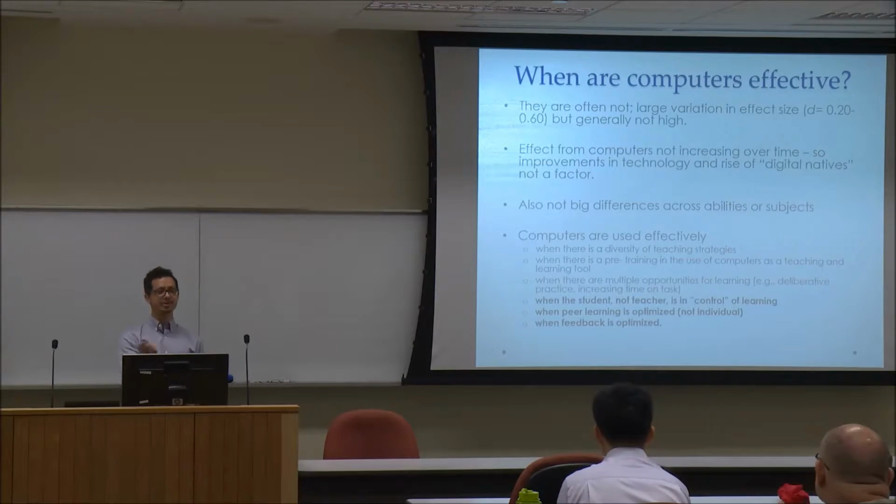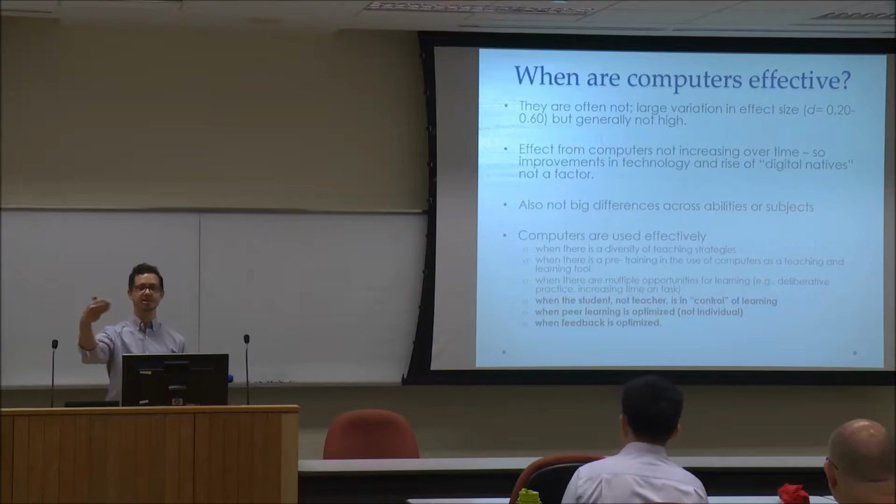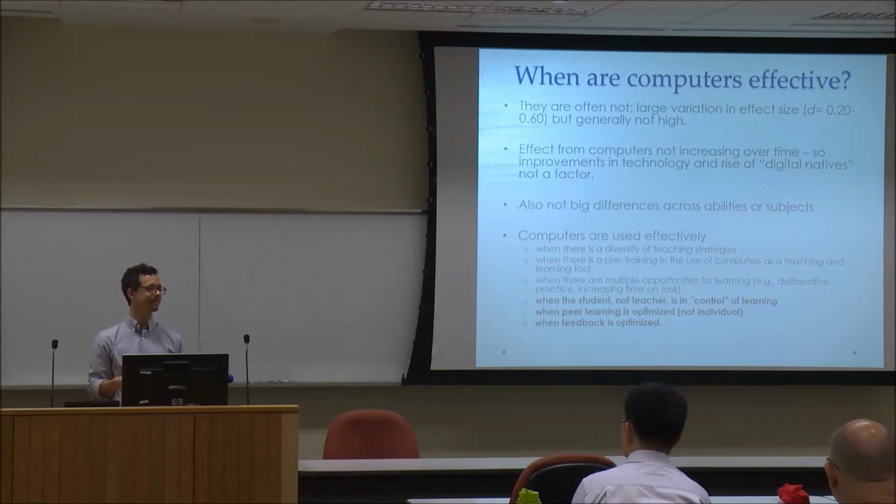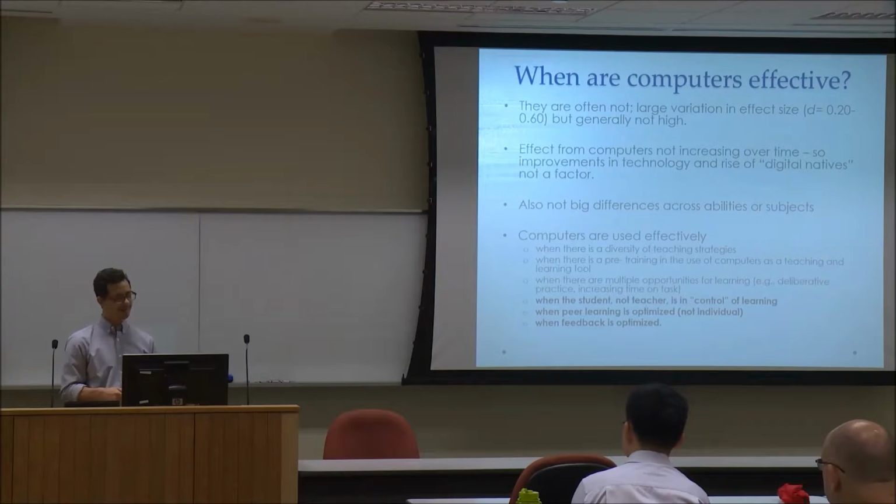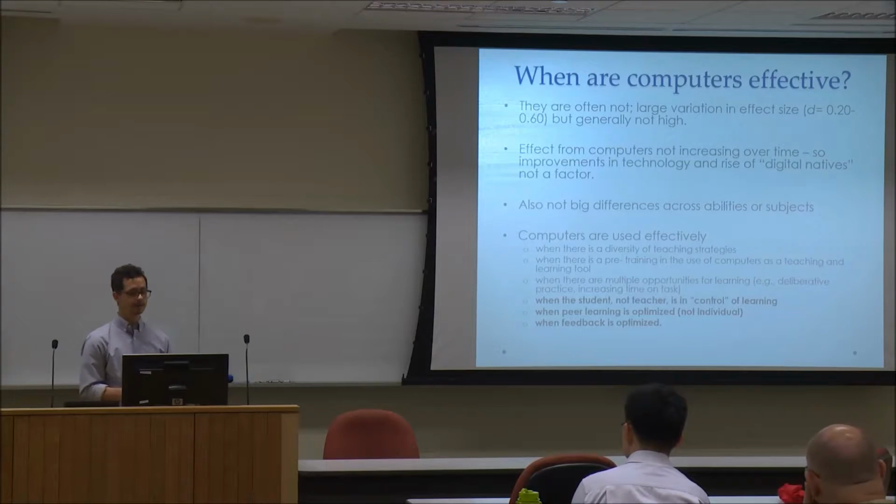We know that there's a large range in how effective they are depending on the approach, but keeping in mind that when you're measuring something, you can't measure it objectively. You're always affecting the system that you're looking at. And of course, with elections in the US, we know the polling and the measurements are quite complicated. But we know that computers are often not very effective, with generally not very high effect sizes.